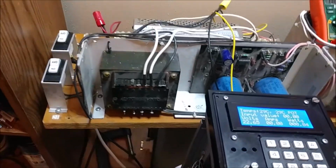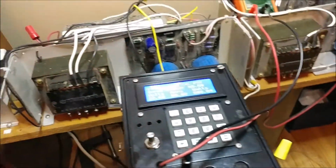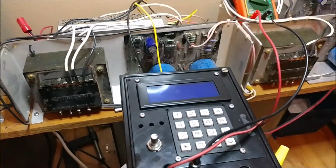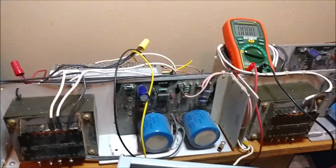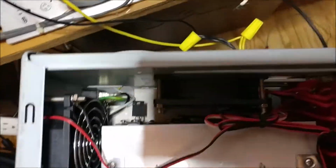See, the fan didn't stutter again, didn't sputter. Let me turn it off so I can play it safe here before I burn something up. Let me turn it sideways or stand it right up so you can see inside. Now on the inside,